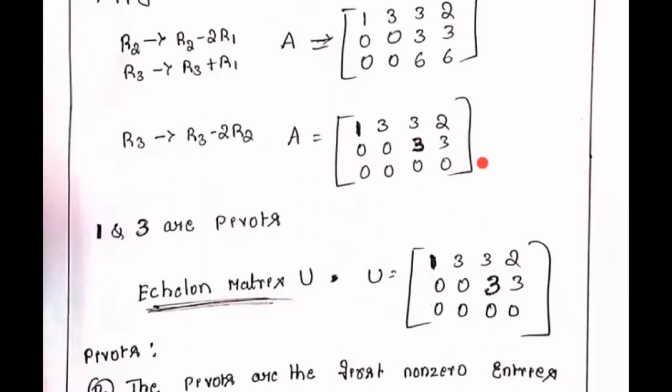Even if you divide by 3 here, you'll get 1, 1. Then further, can you make it as 0? No, right? Since we are using row reduction, it's not possible. Only these things are there, right? So other elements are 0. So this is the last part.